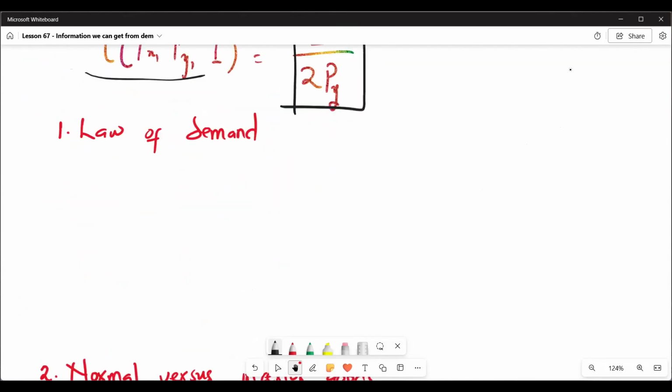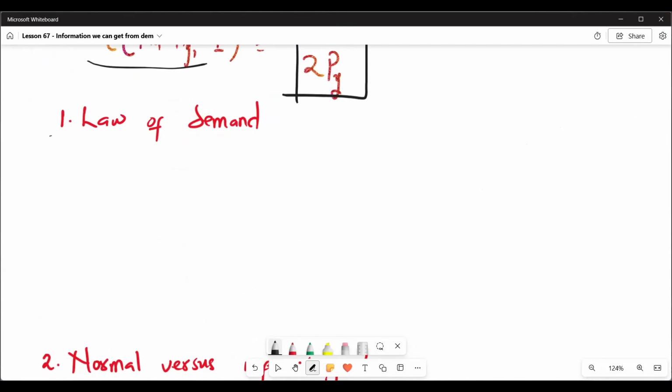So the first information we can get from these functions is the law of demand. Now we have to remember that the law of demand suggests that there's a negative relationship between the demand of a good and the price of that good, holding all other factors constant. What this simply means is if the price of a good increases, the demand of that good will decrease and